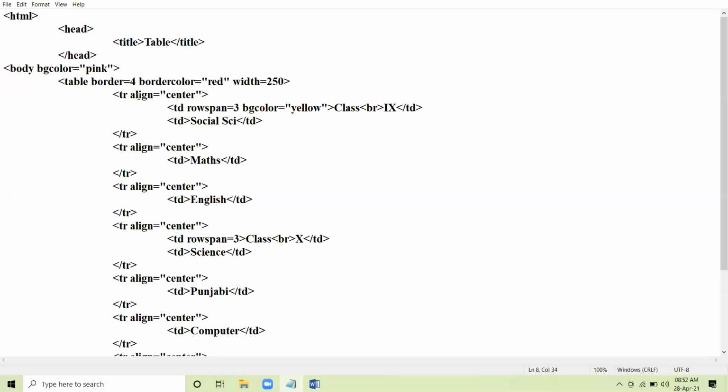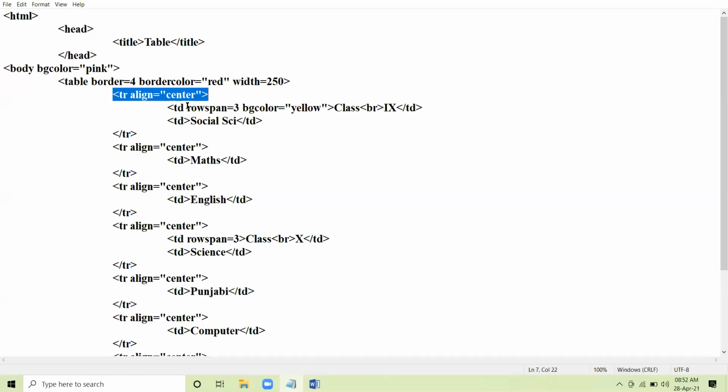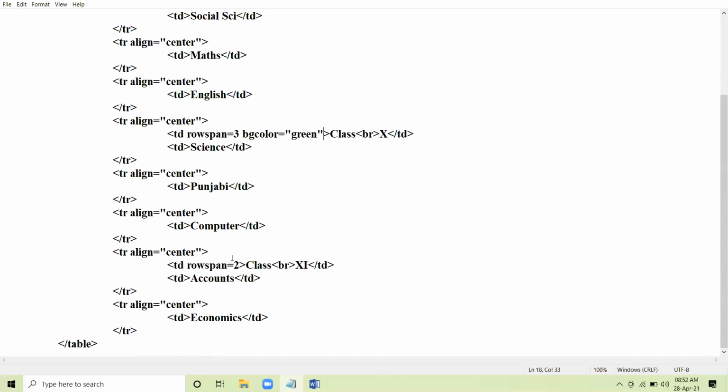If you will write BG color in TR tag, the whole row will get into yellow color. But see carefully, only the particular cell is colorful. So in the cell where we have added row span, we also add the bg color attribute with yellow color. Then here also bg color equal to green. Then here also bg color equal to blue. Am I clear?